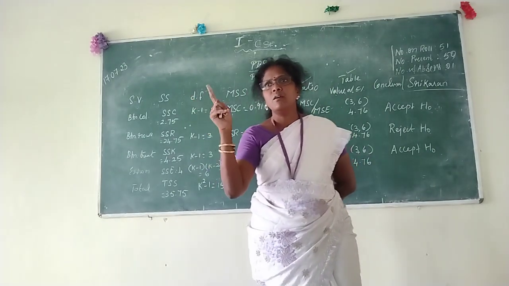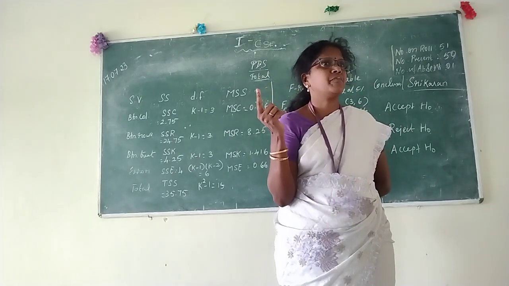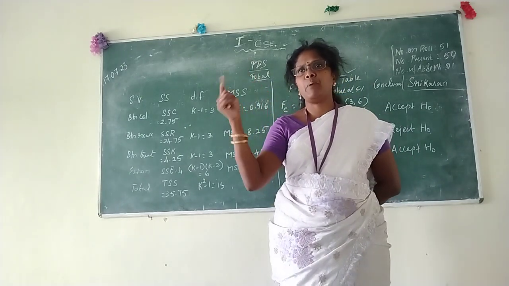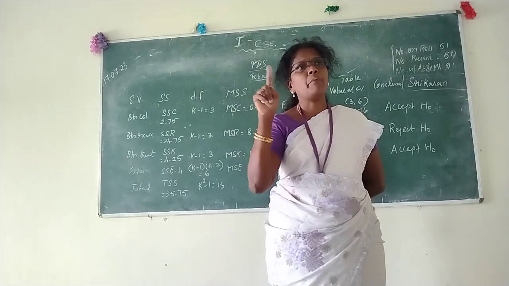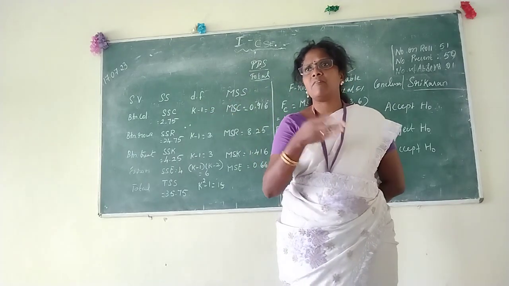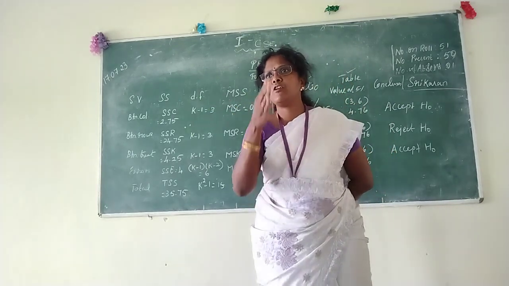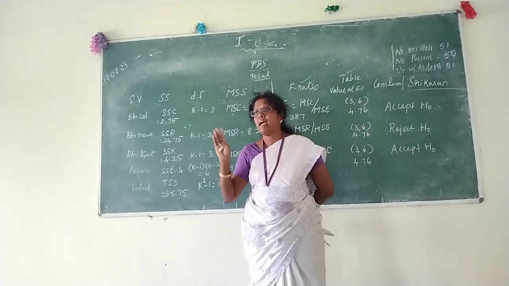You can solve for your one way as well as two way. In one way, I stop with SSC and we find the error. If it is two way, we stop with SSR and we find the error. That is where we are finding an extra SSK. So if you know LSD, surely you can solve the problems based on one way and two way.